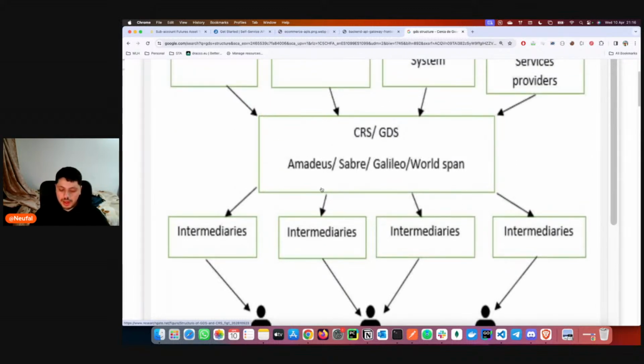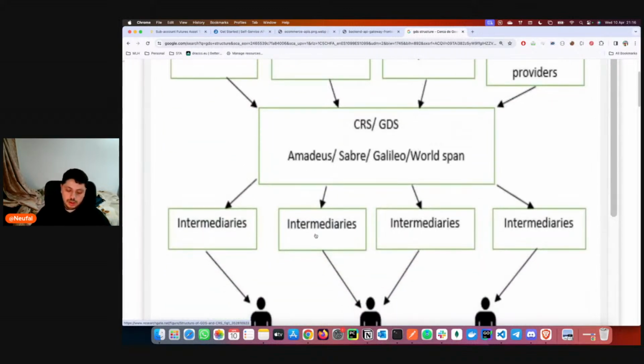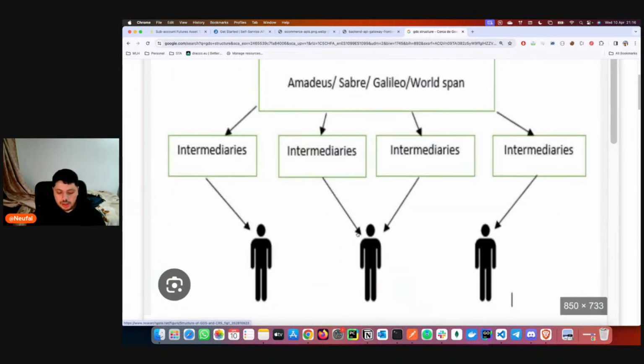you use the Amadeus API, the API we are using today, and you get all this data from the different services: the airline systems from different airlines, the hotels, the car rental systems, whatever. For example, let's say American Airlines sells the ticket to Amadeus for, I don't know, 20% less, and Amadeus sells it to you for 17% less, and you can sell it a little bit higher to the retail and make some profit. So basically this is how a global distribution system works.